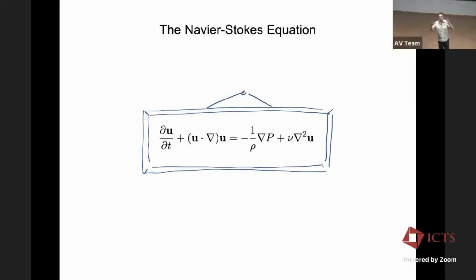There are really two preeminent equations of classical physics. One is Einstein's equations of general relativity that describe gravity, and the other one is this. This is the Navier-Stokes equation, and it describes fluids. I should just say, what's a fluid? A fluid is anything that's a liquid or a gas, roughly speaking. So anything that's a liquid or a gas, the way it moves is described by this equation here.